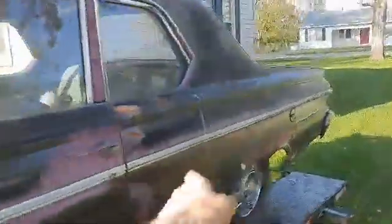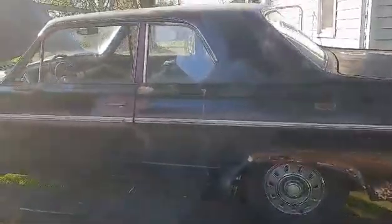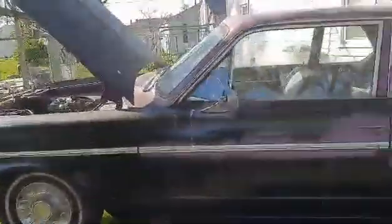A lot of nickel and dime stuff, most of this. The most expensive part, I would imagine, would be these lower quarter panels, and then your gas tank and stuff like that. But take it one step at a time. A lot of it, we just need to get the basics fixed, like the brake lights and